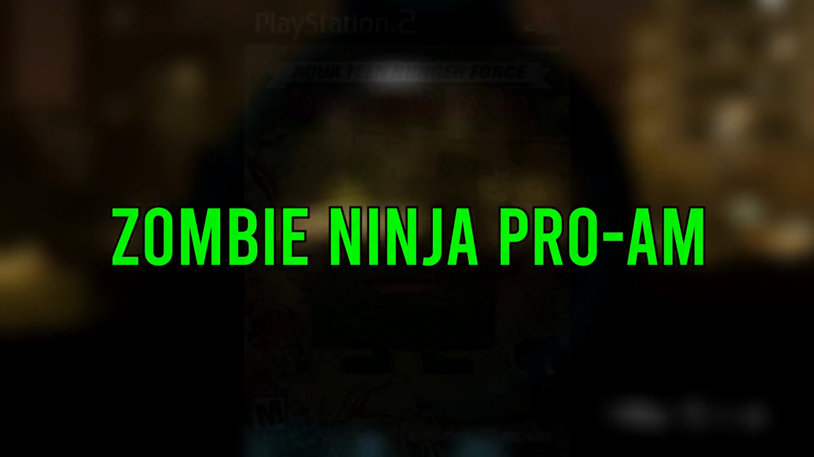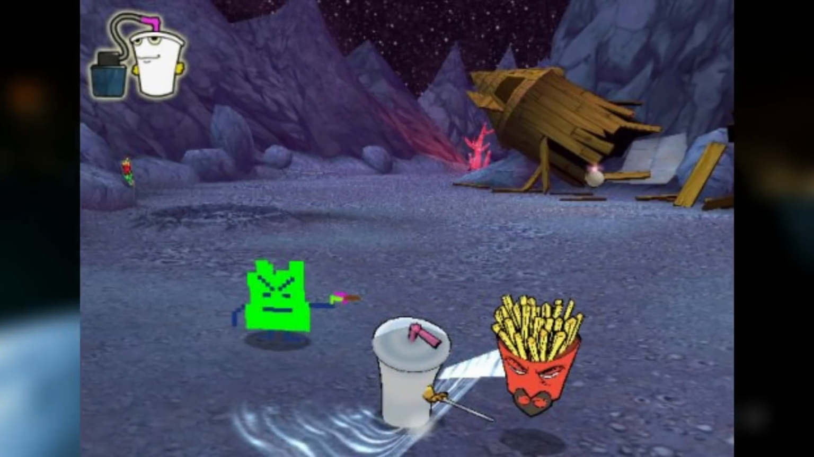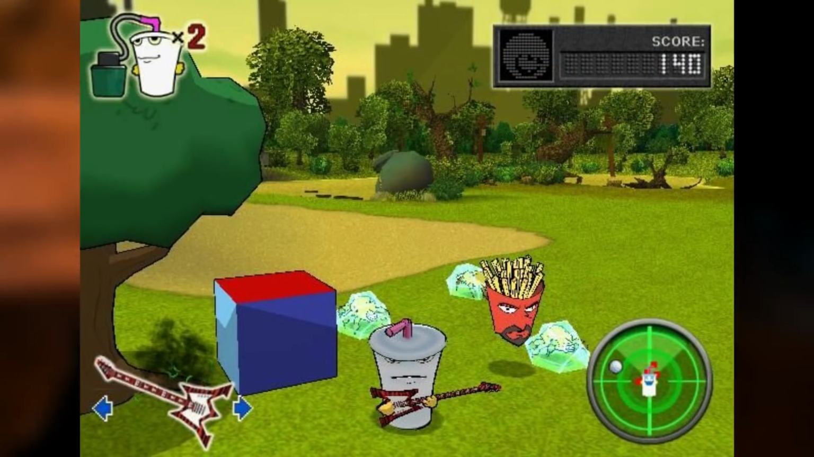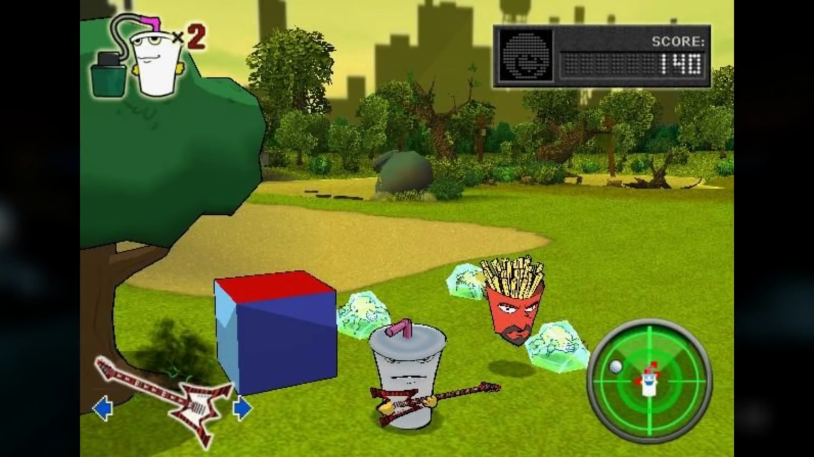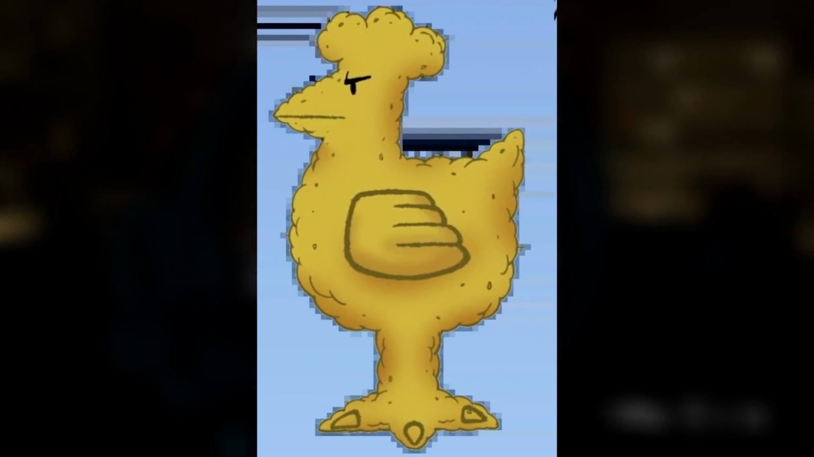Zombie Ninja Pro-Am. Aqua Teen Hunger Force Zombie Ninja Pro-Am is a PlayStation 2 game which released on November 5th, 2007 in North America. It's a hybrid kart racing, fighting, and golf game that takes place on several New Jersey golf courses. Chicken Biddle. Chicken Biddle is the fourth member and brother of the Aqua Teens and another creation of